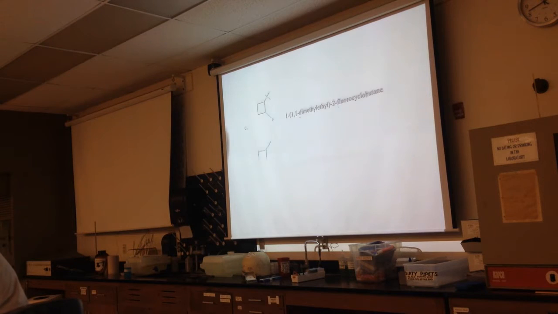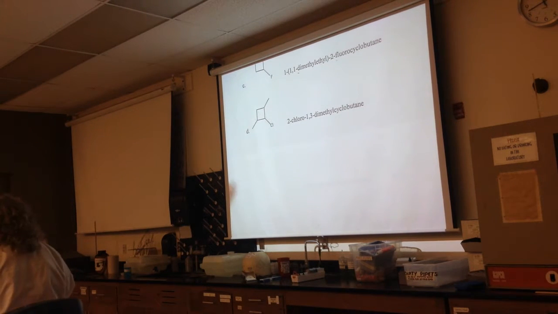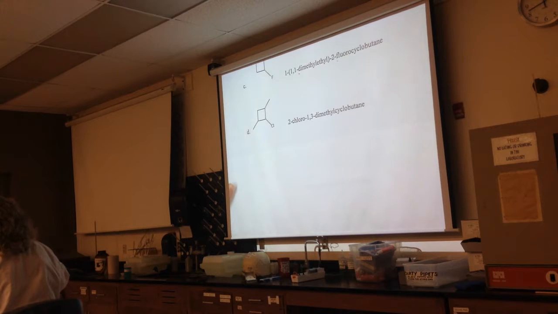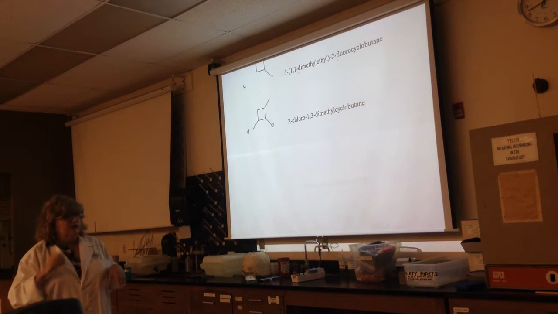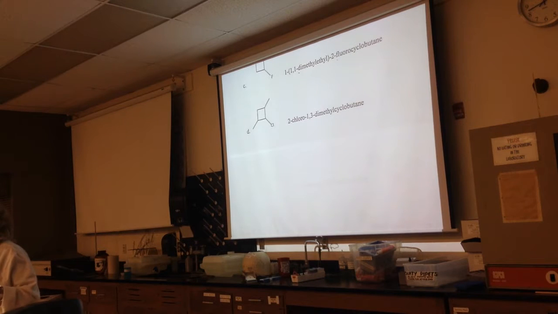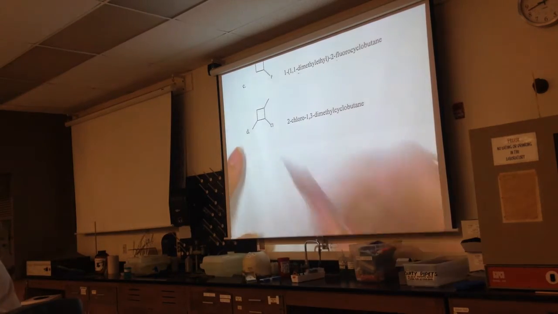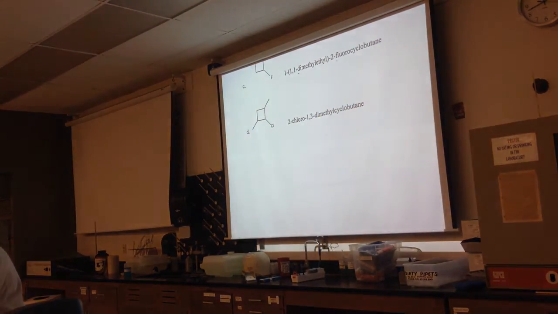So if we follow that, when you get to this one, we're doing the exact same thing. You're looking for the parent, which is cyclobutane. And then you're looking at the numbering. It's going to be 1, 2, 3, 1, 2, 3, 1, 2, 3. No matter which way you go, the lowest numbers are 1, 2, 3. Once you have established the numbering system, then,